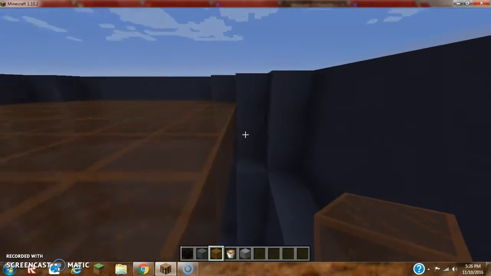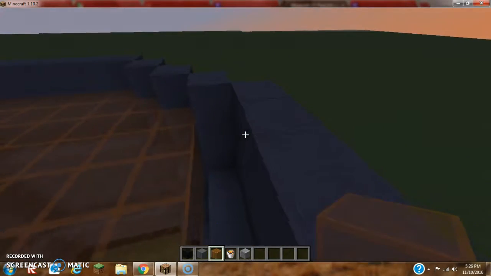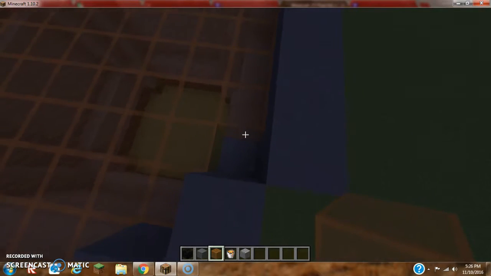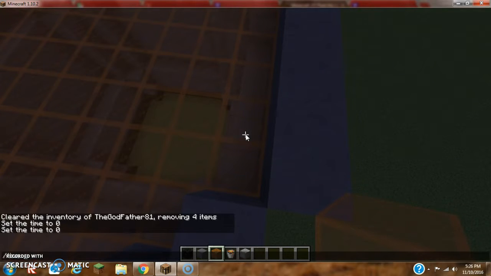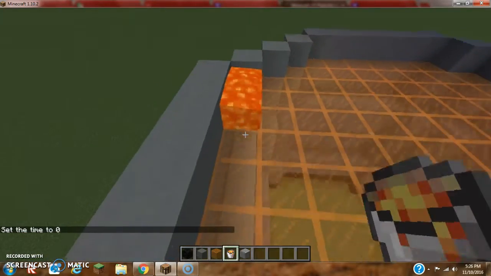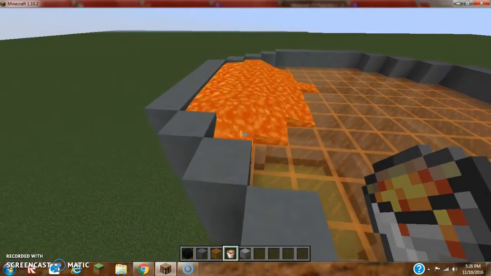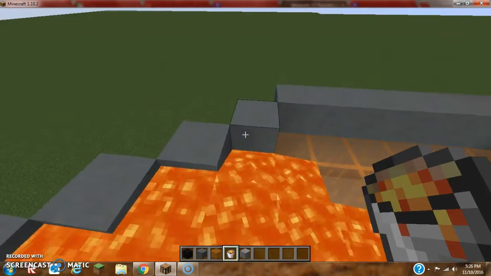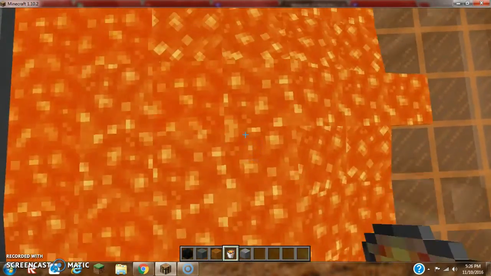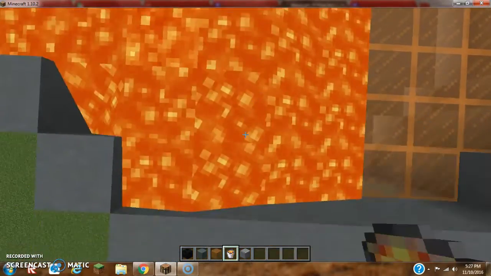Alright, so once we got the orange stained glass taken care of, guys, the next thing we want to do is add our lava. Now, our lava we want to try to cover up as much as we can without it actually being blown all over the place. If it does blow, your only best is to